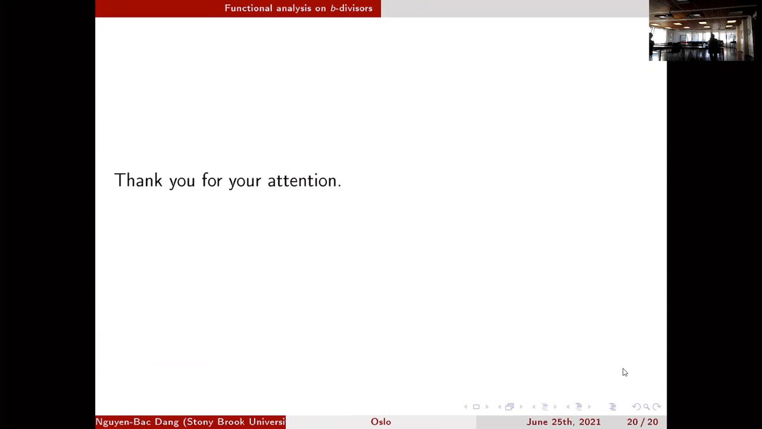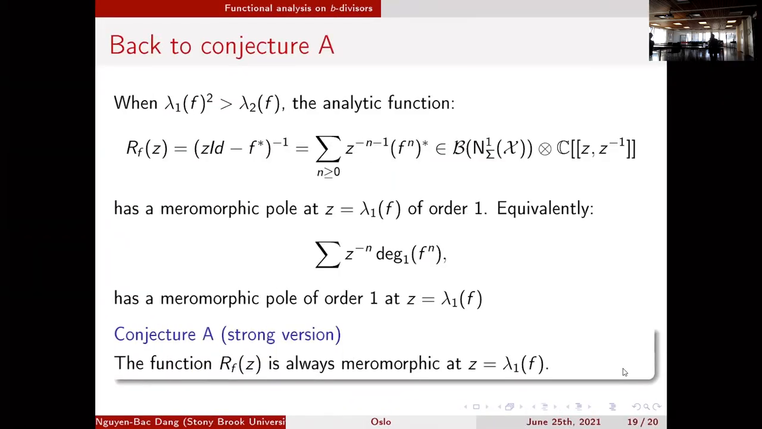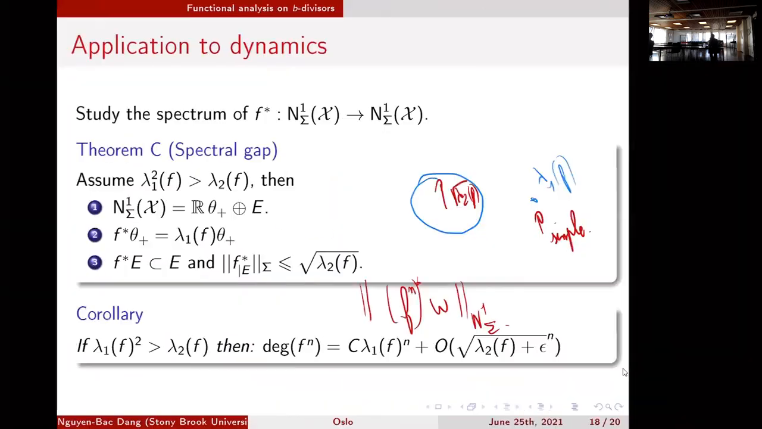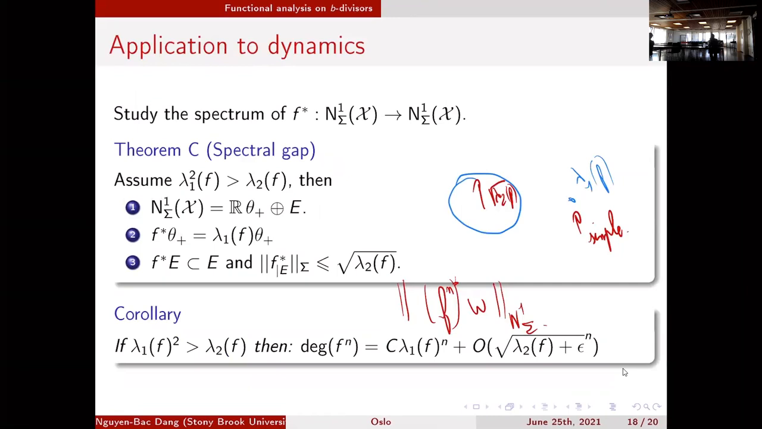Yeah, so can you go back maybe two or three slides? Yeah, this one. Yes. So here you need to prove that the degree of Fm is the same as the norm of Fm star on your n1 sigma space, right? Yes. So how is it easy to see? Yes, yes. Basically,